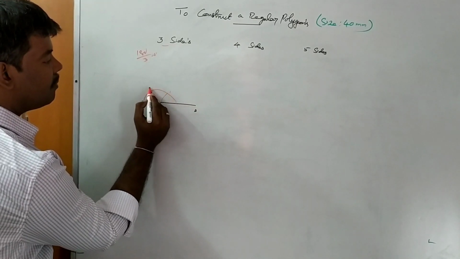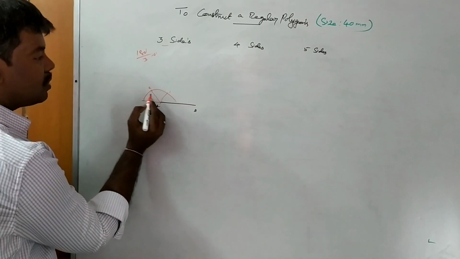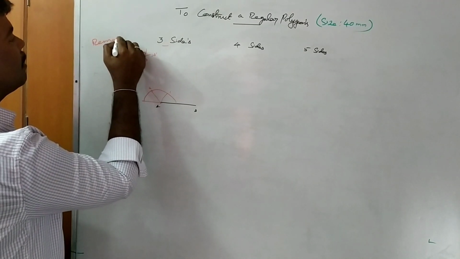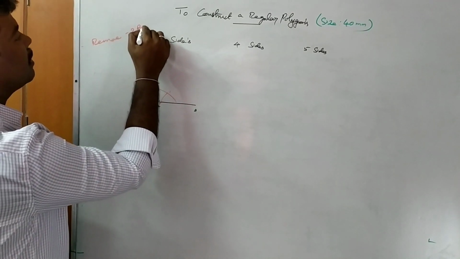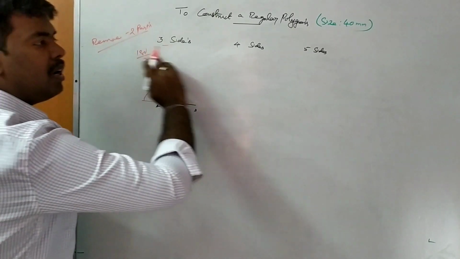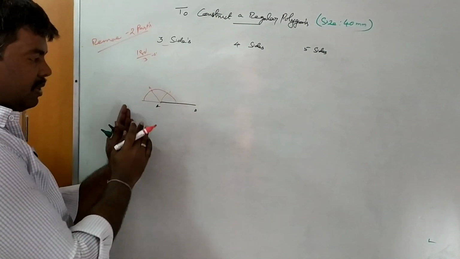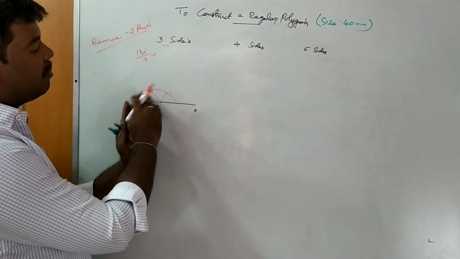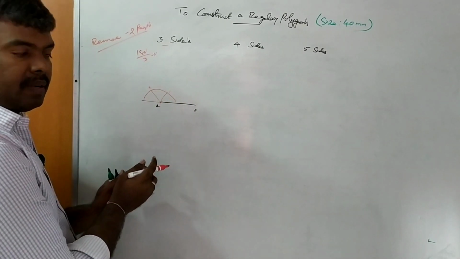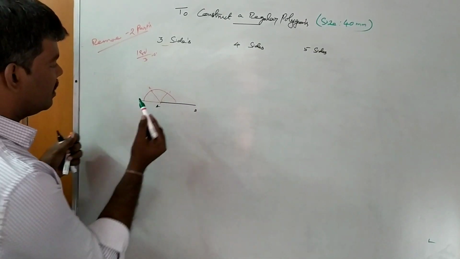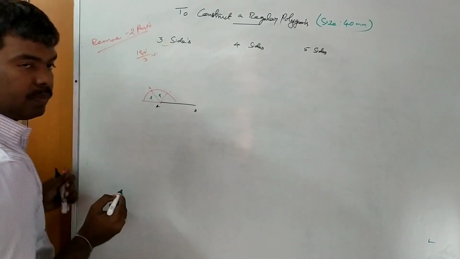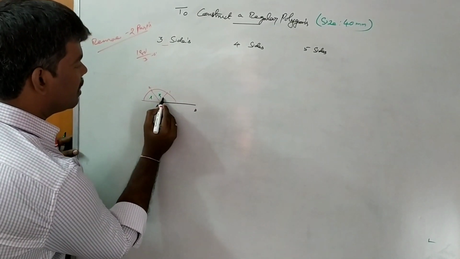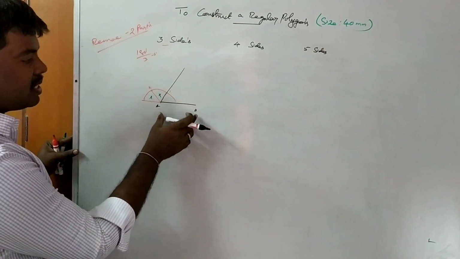So it is part 1, part 2, part 3. Always you remove 2 parts for all the polygons. For example, in this case I mentioned the semicircle at the A end, therefore you remove 2 parts from the left. Clear? So just remove part 1, part 2. Remaining only one line is there. So that line you extend. Clear? Next, AB size is 40.